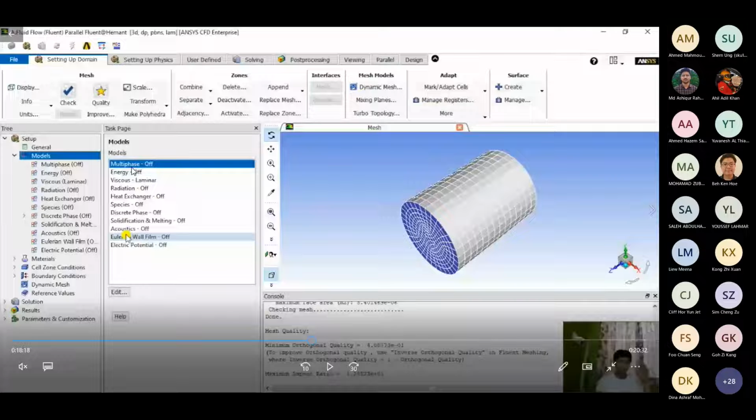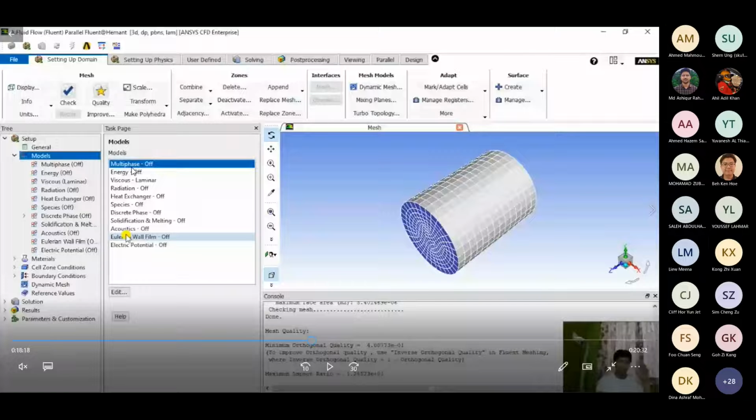Similarly, for energy, if there is any kind of energy or temperature change or rise occurring in your simulation, in your system, then you turn on the energy equation so that it will solve for temperature-based terms or heat transfer-based terms. Then comes viscous laminar. In viscous, there are multiple options. I won't be going into details of other options. I'll just stick to the viscous laminar. I just went through the first three because they are pretty much self-explanatory, and the energy equation is most often used with respect to other models.